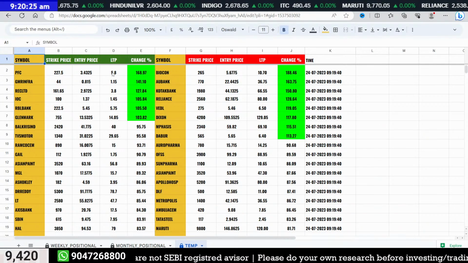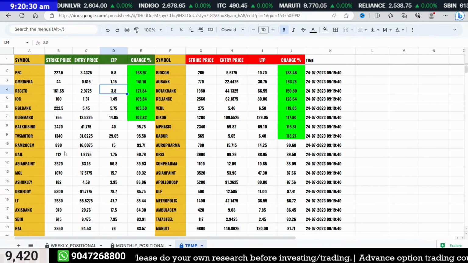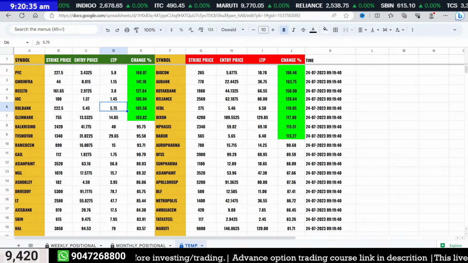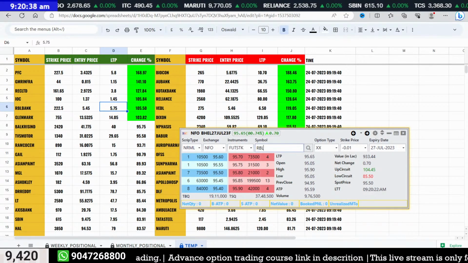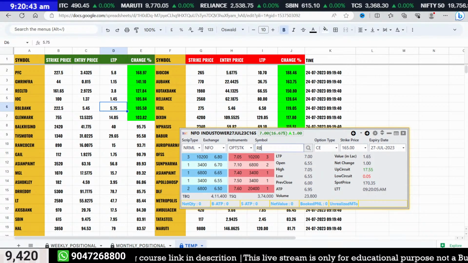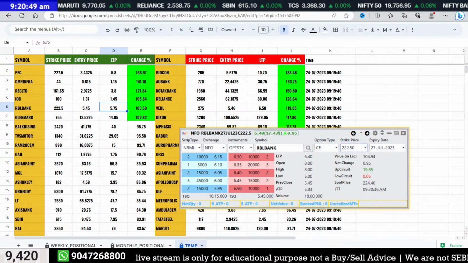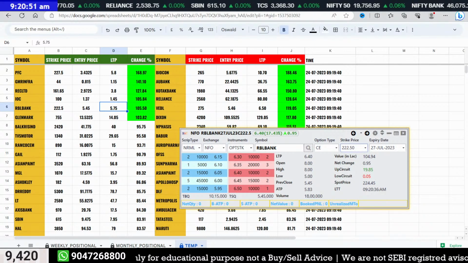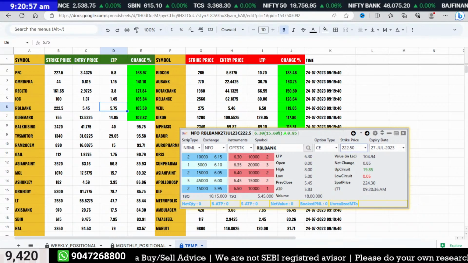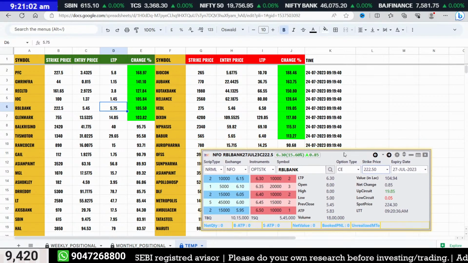So look at this, PFC gapped up, GMR gapped up, REC should also gap up 1 rupee higher, and IOC is also gapped up. RBL Bank is nearing that entry point. So let me go for RBL Bank, 22.5. So 6 rupees, 5.4 is our entry, and you can look at this, the stock opened around 8 rupees. That's the reason we are not going to take any trades in the first 15 minutes. Maybe many trades will be triggered, but due to that